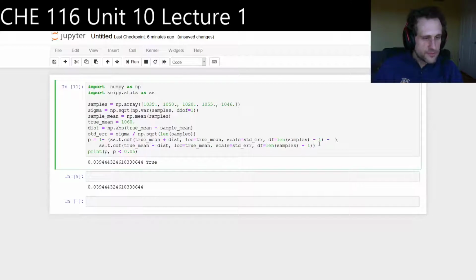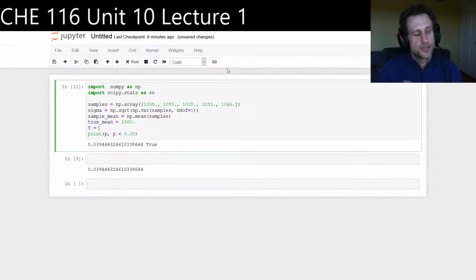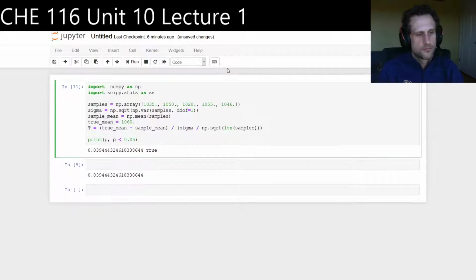Now, if I want to go even simpler, I can use t-values, and I can just say t equals the true population mean minus the sample mean, divided by sigma divided by the square root of the number of samples. And then I would just do p equals 1 minus,